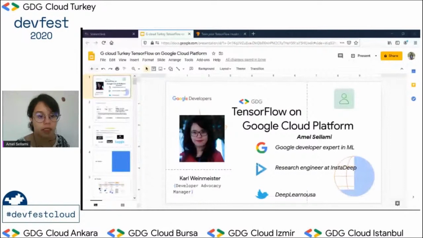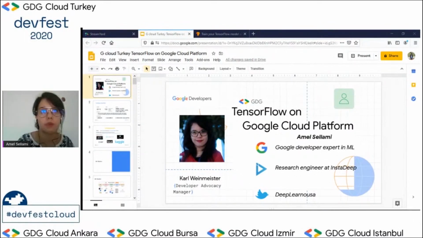Another thing TensorFlow and Google Cloud Platform help us with is training: we need to experiment with a variety of models, architectures, or hyperparameter tuning. That's why we use Google Cloud Platform, because testing different models for the same problem is very hard to do locally and offline. Another important thing is that this is not just true for data scientists or ML researchers, it's also true when you want to auto-scale.